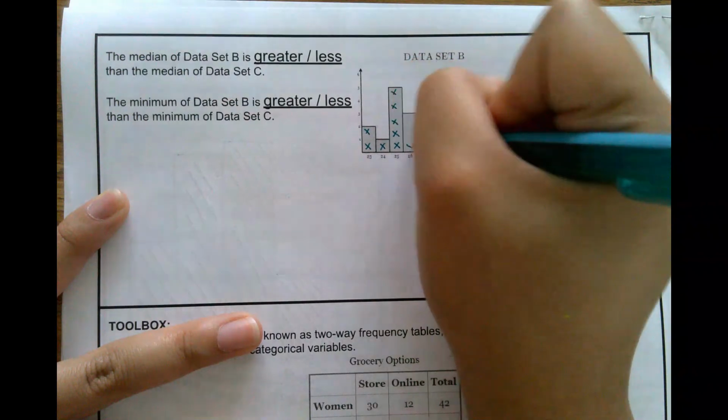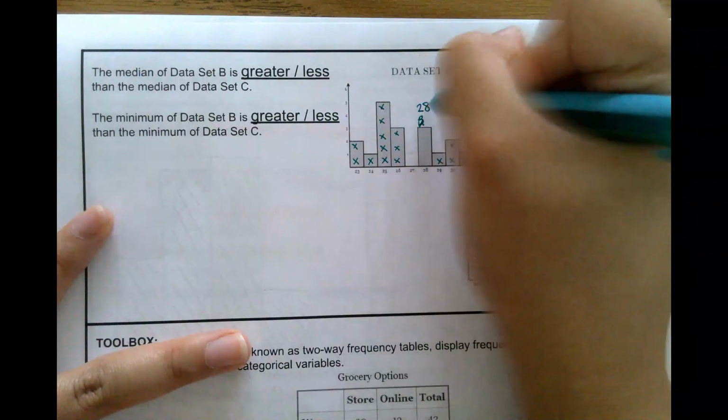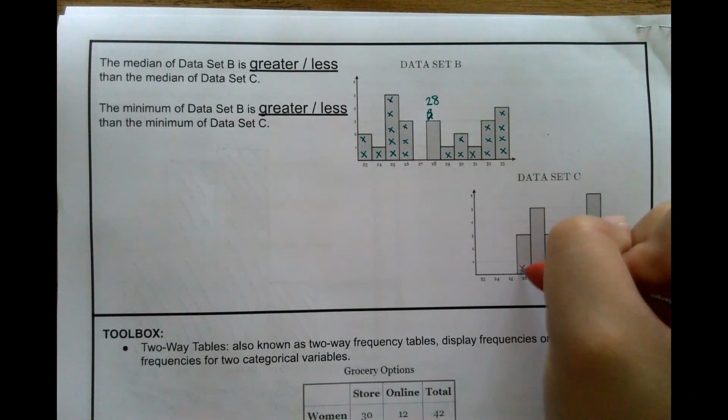Make sure you don't accidentally skip. 1, 3, 4, 5. 1, 2, 3. 1, 2, 3. And then the rest, all I have here is what number is that? Oh, that's a 28. Okay, so that's the median. I didn't have to cross out again because that was the